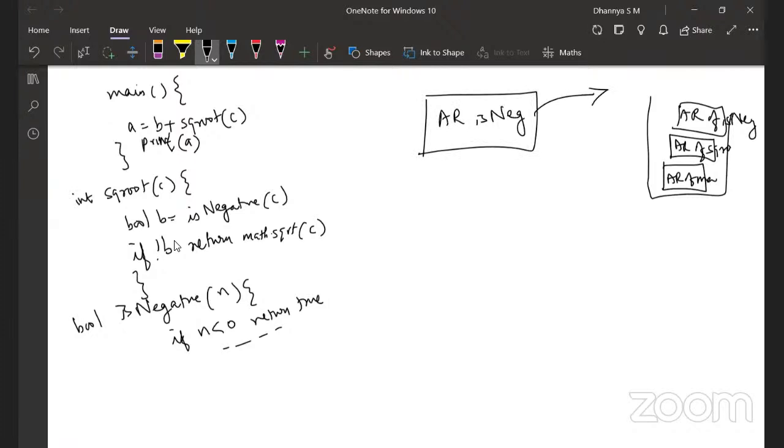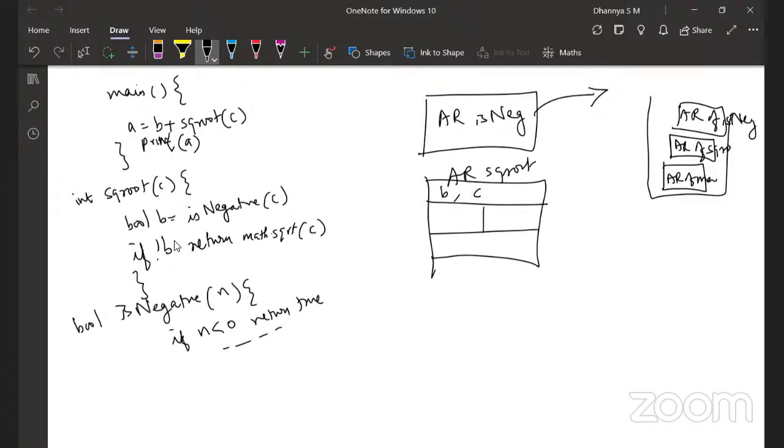Now this is gone out of the stack. Now you have the activation record of square root. This has its own variables, say B, C, etc. And here it has the return link and the control link.